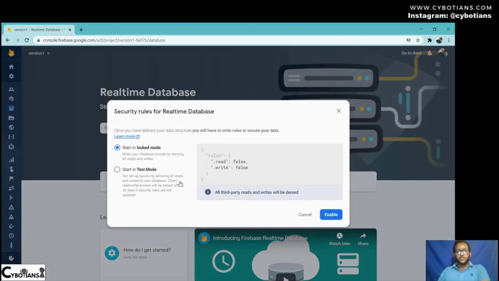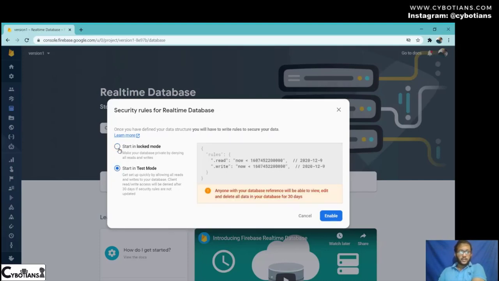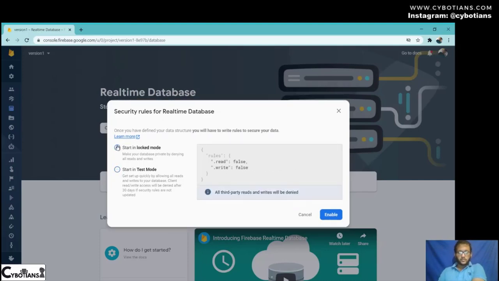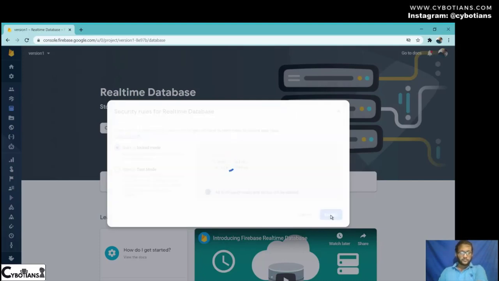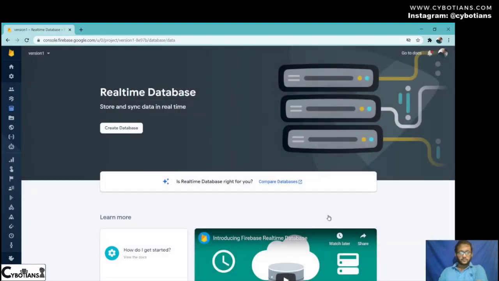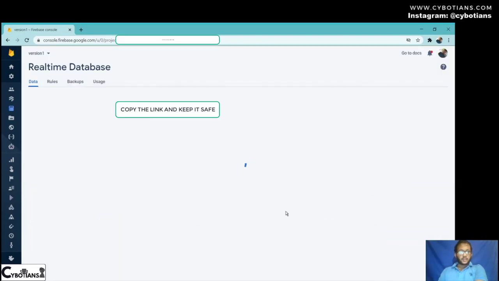Here you need to choose start in test mode, or you can click on locked mode also. I am using the locked mode and I am enabling this. Now your database has been created.